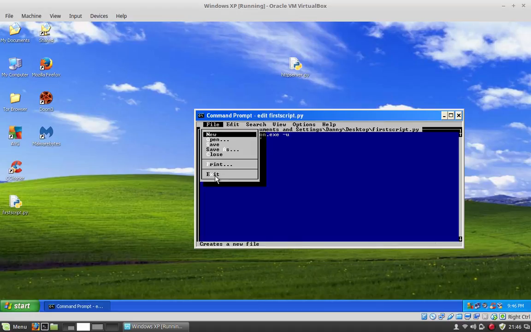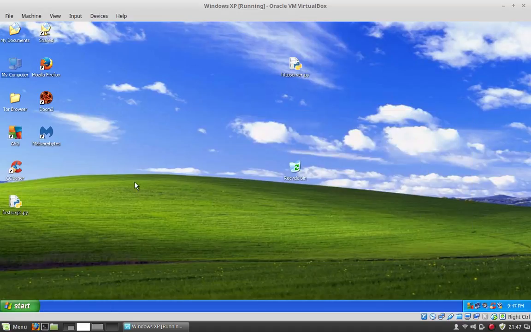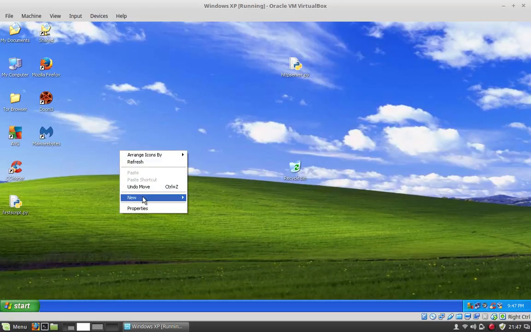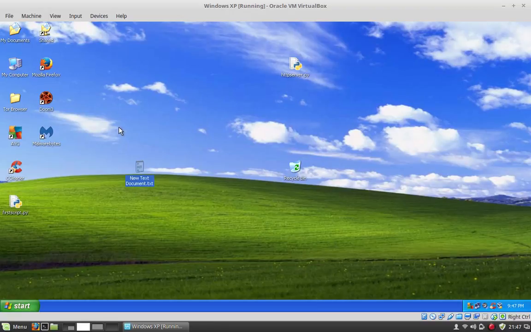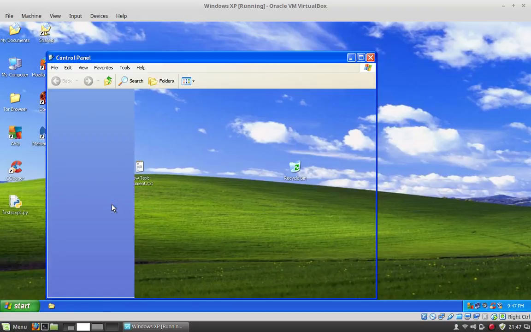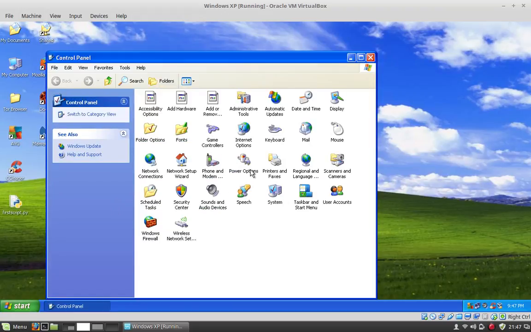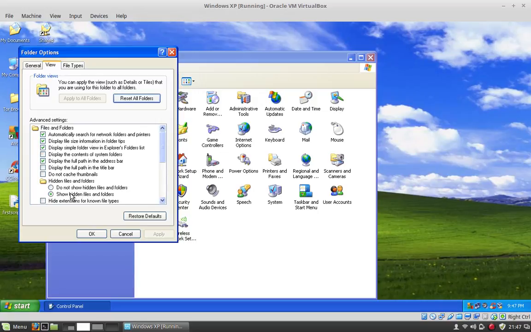So we made our first script, but you don't have to do it that way. You can just right click on the desktop and go to New Text Document. For Windows, see how it's got the file extension? By default, those are hidden. So you gotta go to Control Panel, Folder Options, View, and right down here where it says Hide